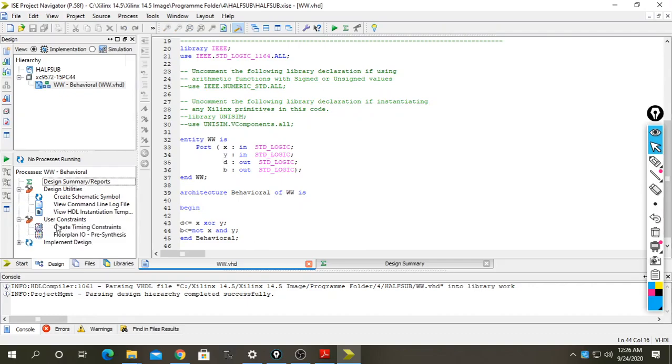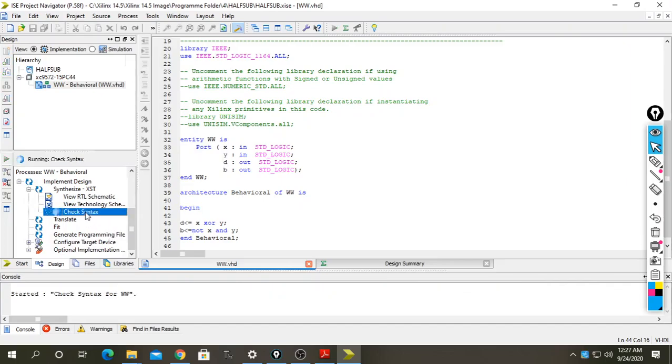As you all know, to run the syntax check I come to synthesize, and in synthesize I double click on check syntax. It checks the syntax and the message appears: process check syntax completed successfully.